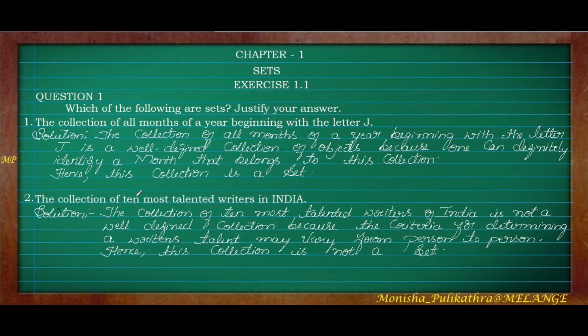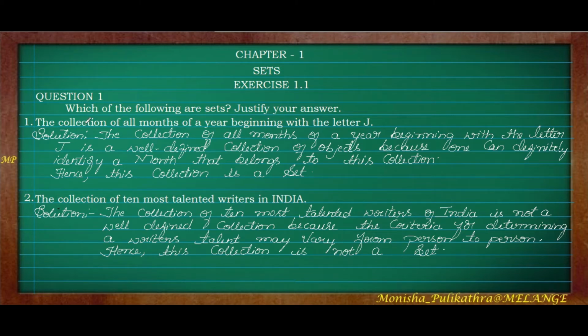So moving on to the first question of exercise 1.1. Here the questions are statement problems. So there is no need of any working column and all. So I have already written the answer for that, but I will explain to you how we have to take a certain question as a set or if it is not a set. So the main question is: which of the following are sets. There will be a number of questions in this main. In question number 1, there are 9 sub questions.